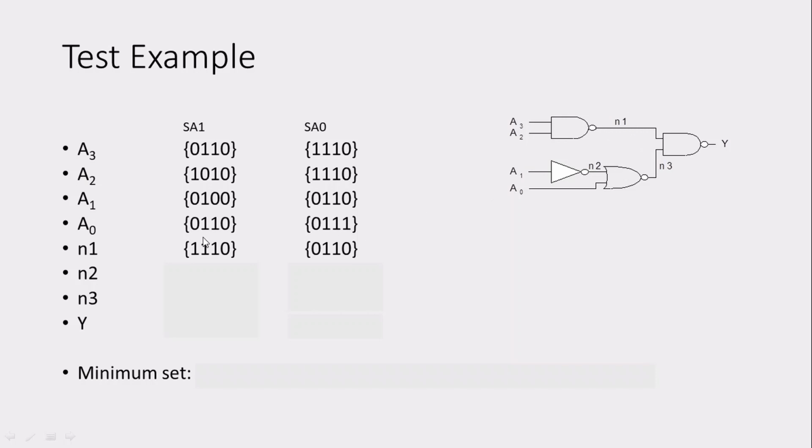So as you can see, this is the possible combination of inputs I can give to the circuit. In a similar fashion, in order to check N2, this is the input combination we have. In order to check N3, this is the input combination. In the similar fashion, I need to check even my output port. So these are the possible input combinations.